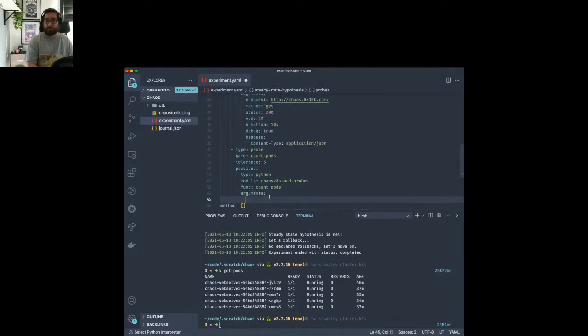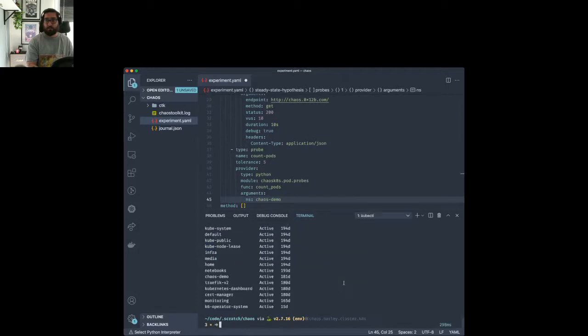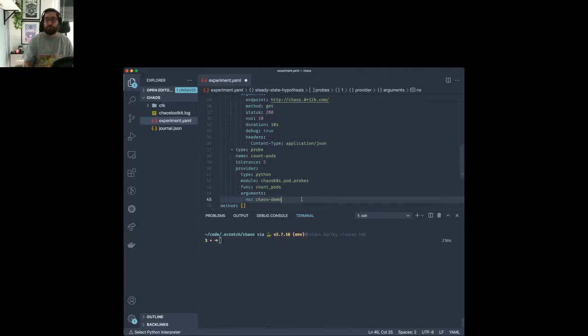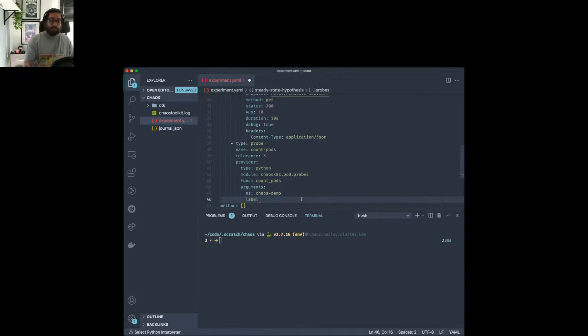Arguments for this one as well. So let's set the namespace to chaos-demo, because that's the namespace that we are actually using. Chaos demo. Yep. All right. And we'll add a label selector to help us pick what Kubernetes pods we want to look at.